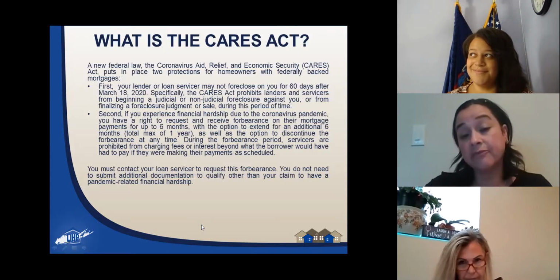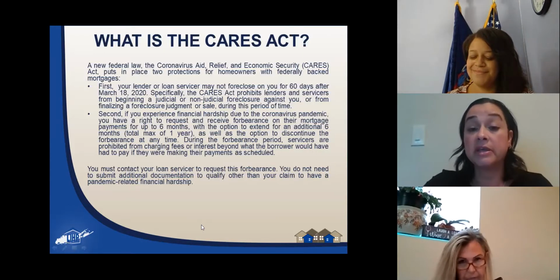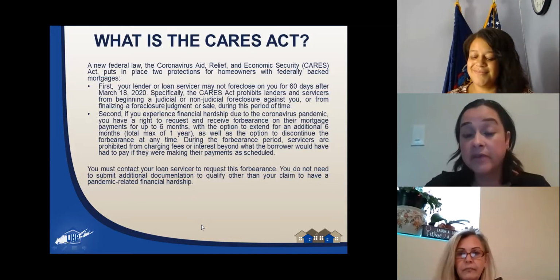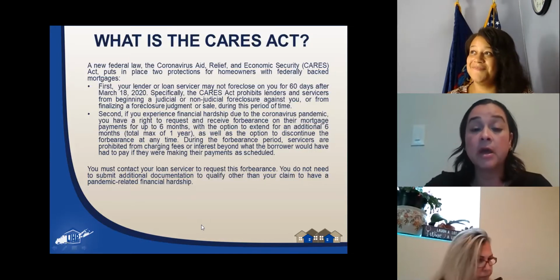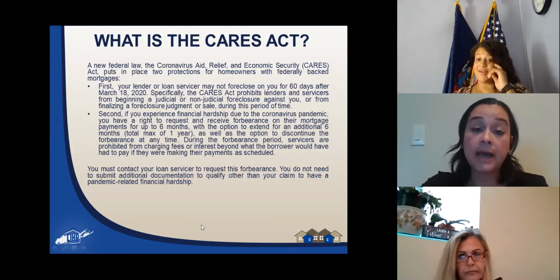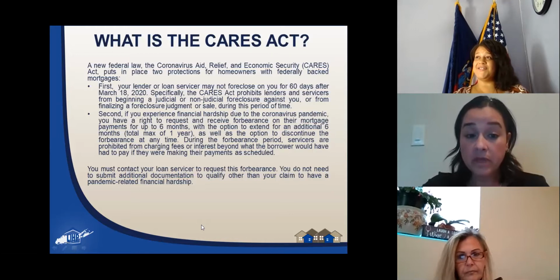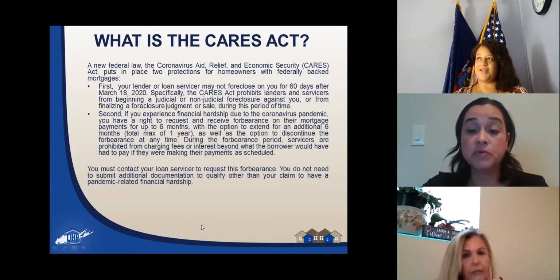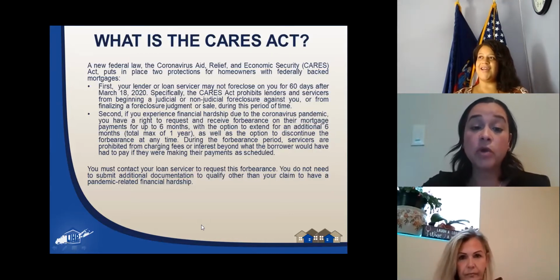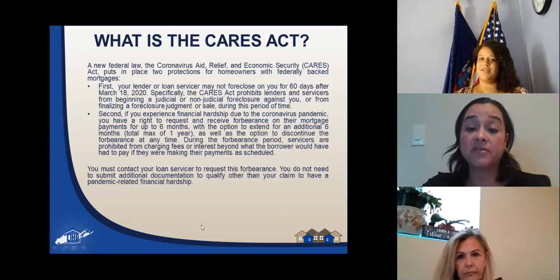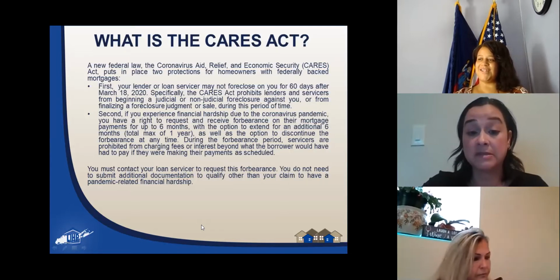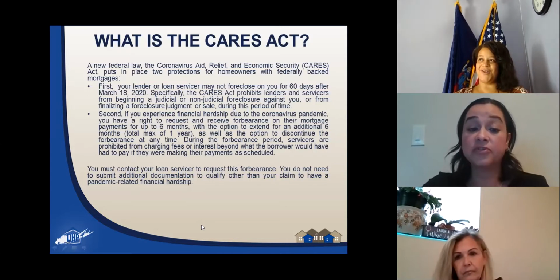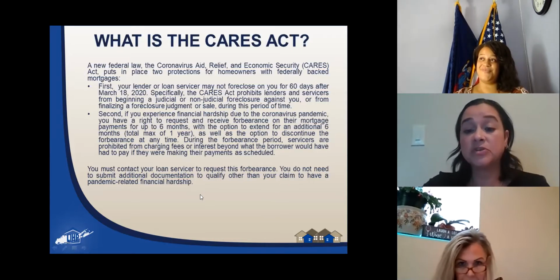So it gave relief to a lot of homeowners who were currently in foreclosure, maybe putting in for a modification or a workout agreement. It froze everything so that the courts couldn't move forward, allowing you time to recover. Second, if you experience a financial hardship due to the coronavirus pandemic, you have a right to request and receive forbearance on your mortgage payments for up to 6 months, with the option to extend for an additional 6 months, I think it says there, with a total of up to 1 year, as well as the option to discontinue the